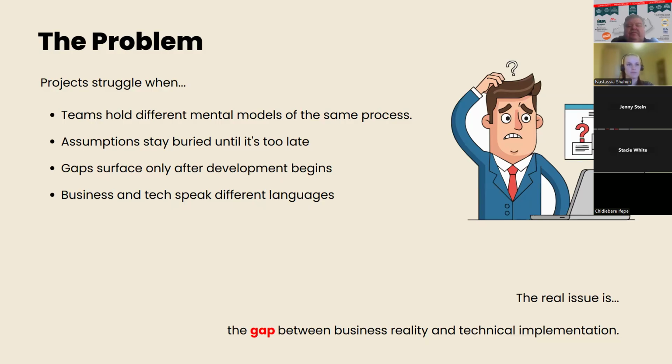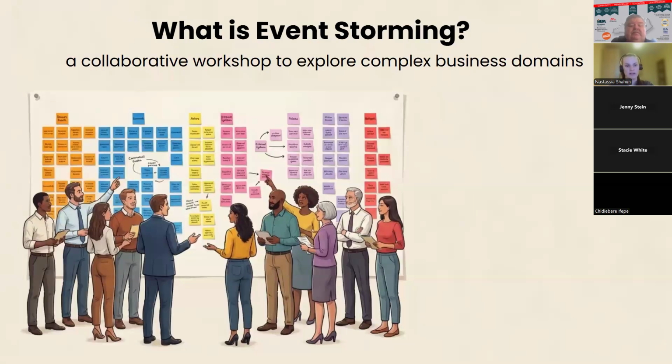For someone who is not familiar with what event storming is, let me share it. Event storming is a collaborative workshop technique used to map out complex business processes by brainstorming the main events on a shared board, usually with sticky notes. Of course, today it's very hard to gather the whole team because in most cases we are a distributed team, so it's hard to get everyone in the same room. It would be ideal, but you can use online tools like Miro, Mural, or Lucidchart to gather together and collect all the ideas.